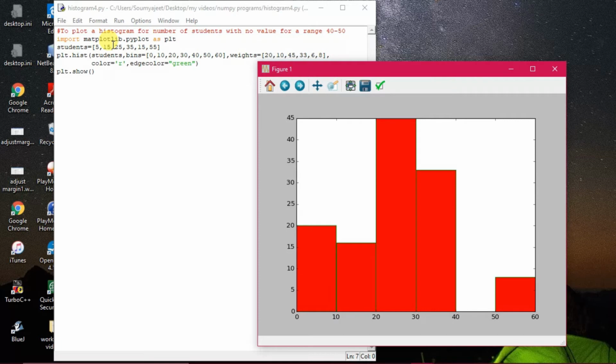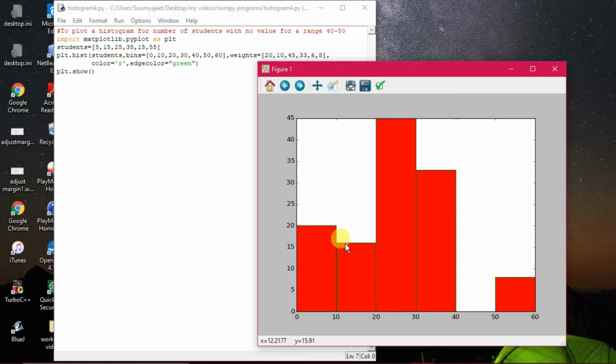Whereas in interval 10 to 20, the height is being displayed as 16. You watch here, in the 10 to 20 range, it is 16. Now where has this data come from? When we have given 15 and 15 in two ranges, then this particular category of 6 has been added over here. That means 10 plus 6, it has become 16, and you can see just above the 15 it is showing 16. That's what has happened.